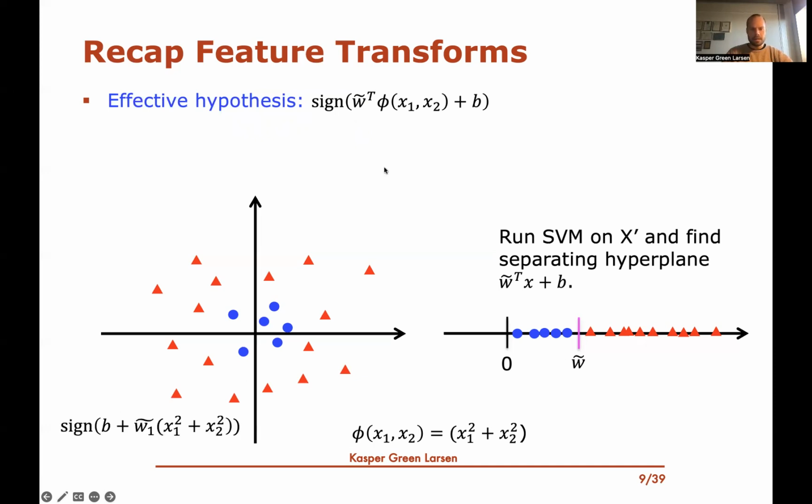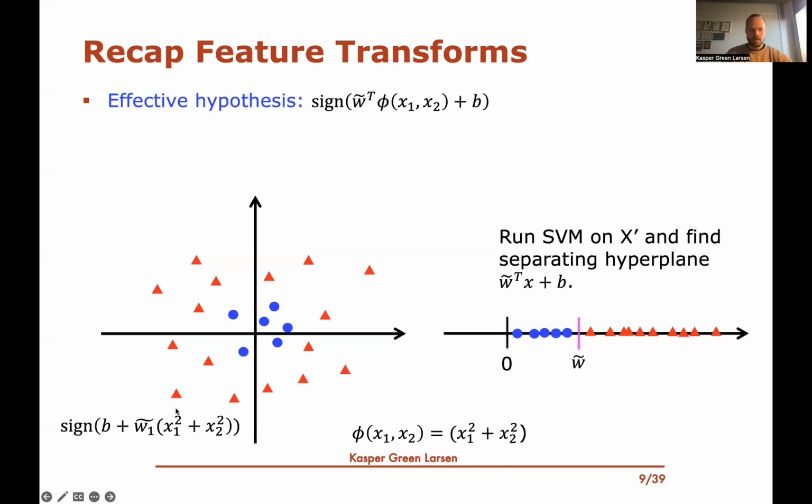So really, in this example with this feature transform, the hypothesis I'm computing has a bias, and my vector of parameters has just a single parameter. This is a one-dimensional case. This is W1 tilde, the first entry of W tilde, and it would be multiplied onto the first entry of the feature transform vector, which is just x1 squared